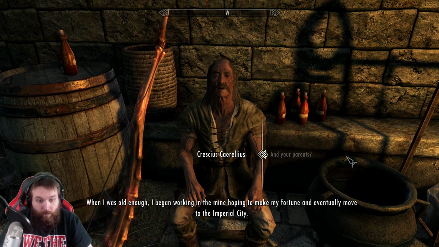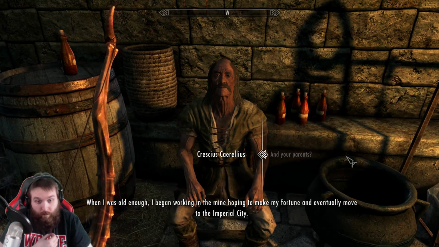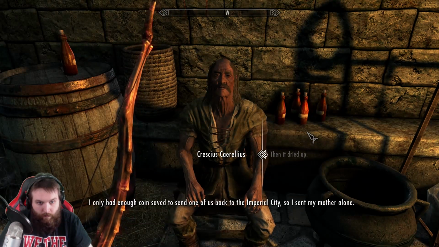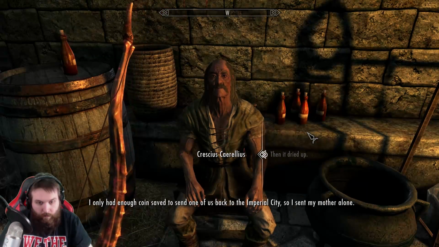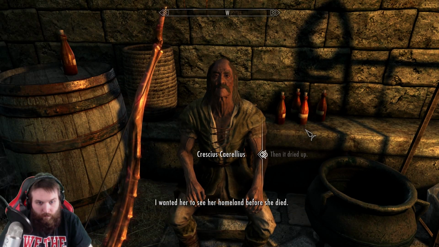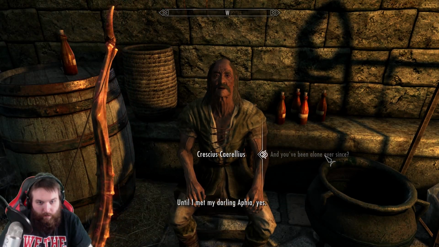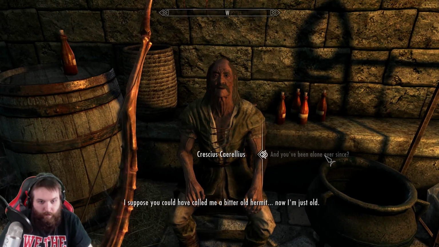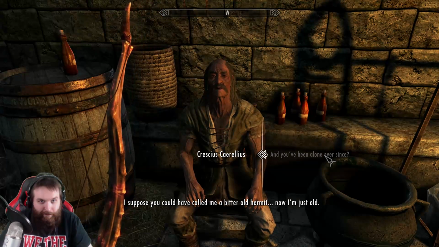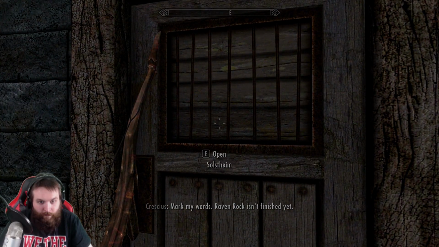When I was old enough, I began working in the mine, hoping to make my fortune and eventually move to the Imperial City. Then it dried up? Unfortunately, yes. I only had enough coins saved to send one of us back to the Imperial City. So I sent my mother alone. I wanted her to see her homeland before she died. You've been alone ever since? Until I met my darling Aphia, yes. I suppose you could have called me a bitter old hermit. Now I'm just old. Mark my words. Raven Rock isn't...